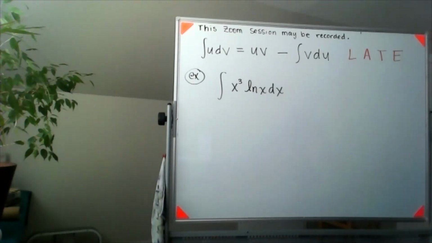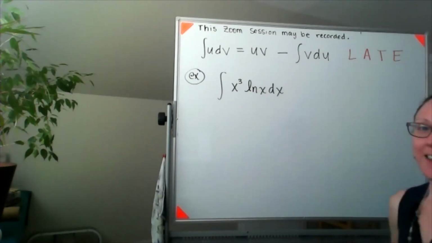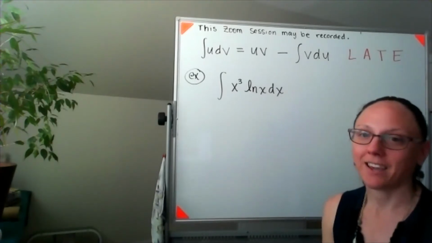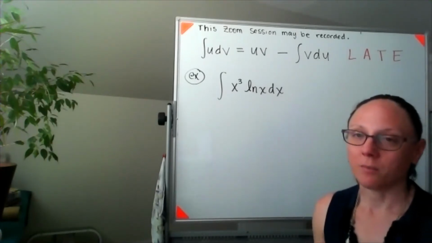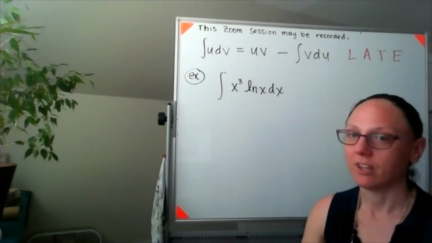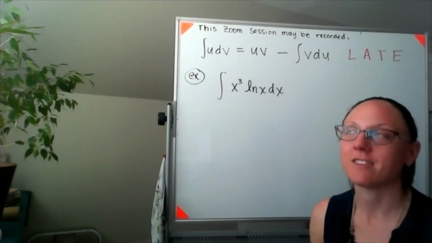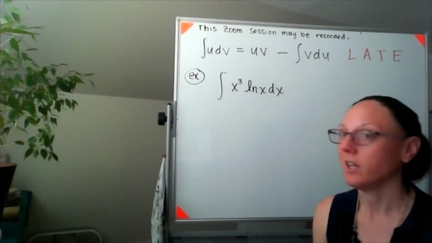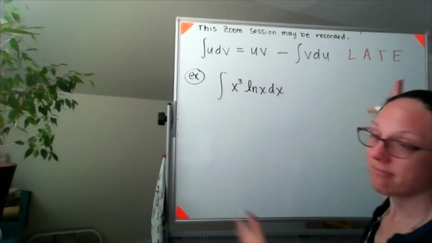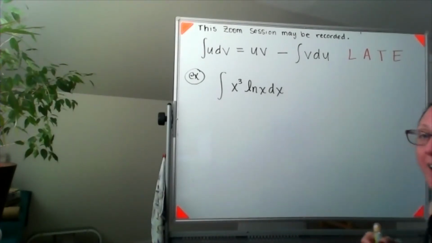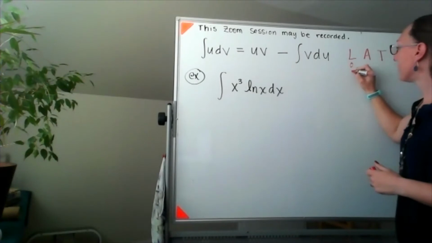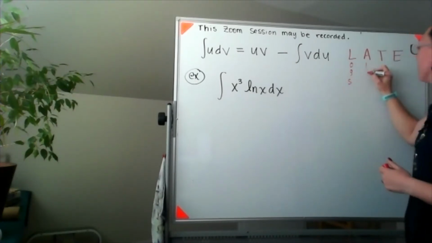I think about LATE really as saying who sucks the most to integrate. Logs suck the most to integrate, so that's what I want to make u in any situation that I have. So that L stands for logs,